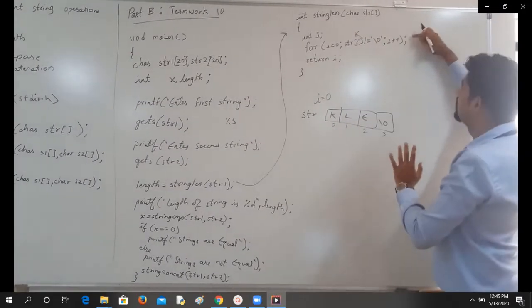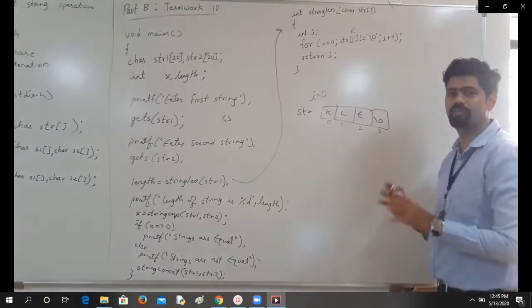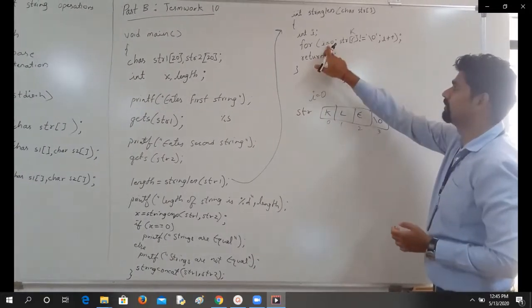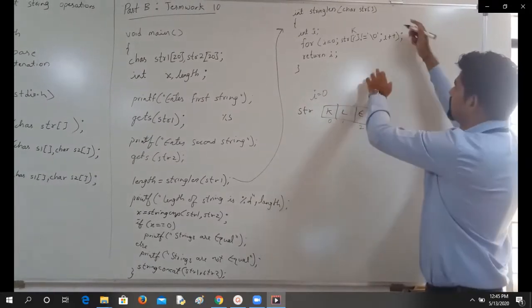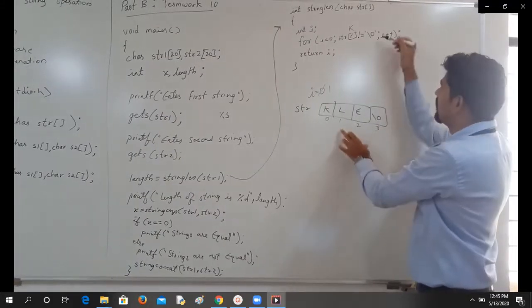It's not an error. This means that this for loop has no body because there is no calculation here. I have to just go on incrementing a particular count variable till it reaches this null character. Okay. So there is no body, as I said, so the increment is executed. It makes the value of i as 1. I go to the next